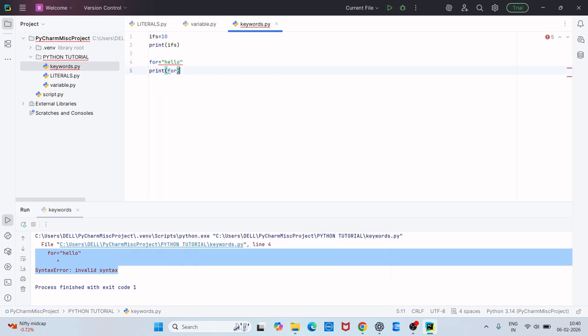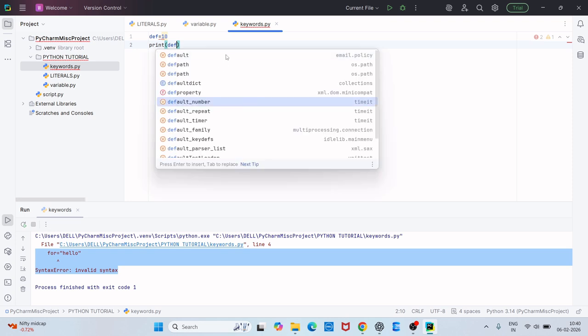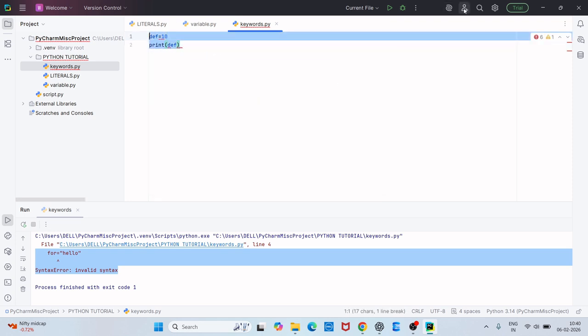Fine. There are many keywords. For example, say def equal to 10, print def. Let's see if it works or not. Click on run.